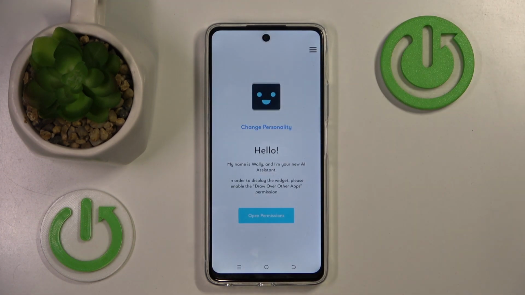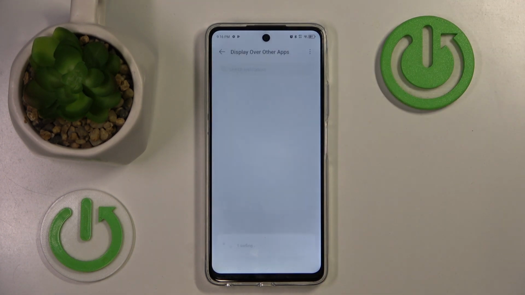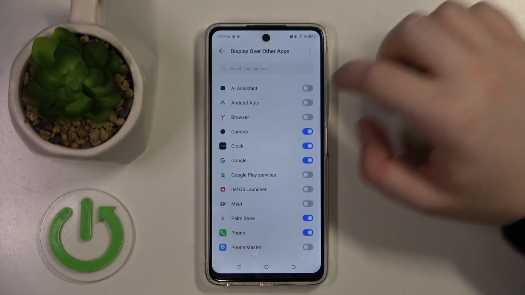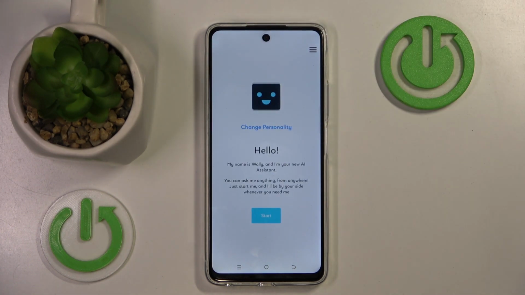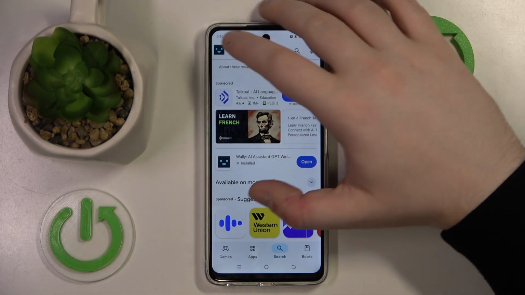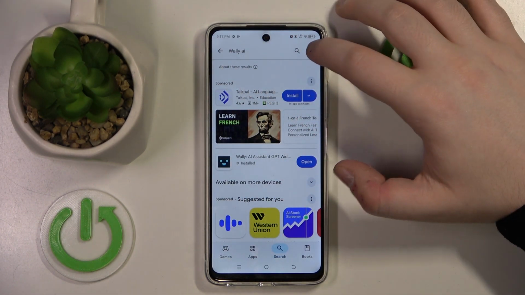Then click on this button to skip introduction and click open permissions. Now click on this button to enable this app to display over other apps, and then you can go back and click start. And as you can see right here, there is my ChatGPT widget, and I can open him